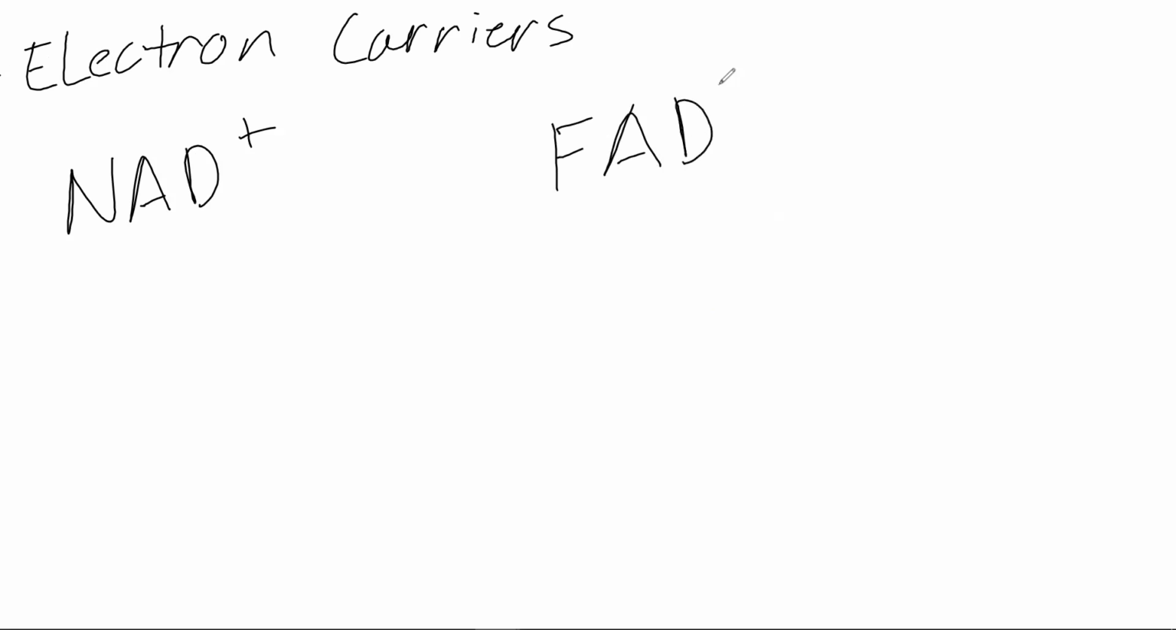Electron carriers, we've brought them up before. They are NAD and FAD. NAD and FAD are coenzymes which pick up electrons during the process of cellular respiration. When they pick them up, they will be reduced. NAD and FAD will always be reduced into NADH